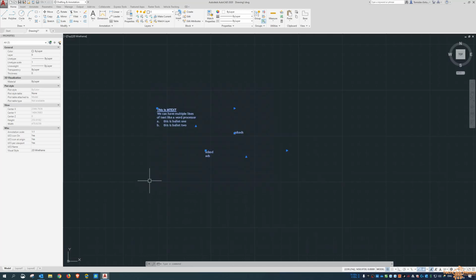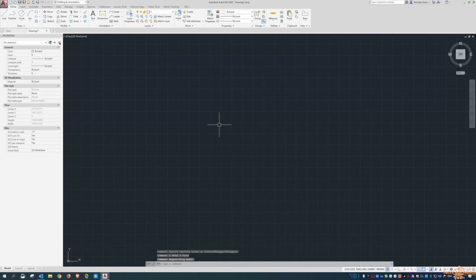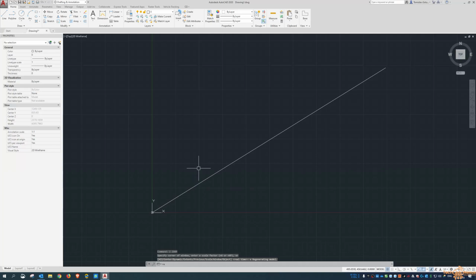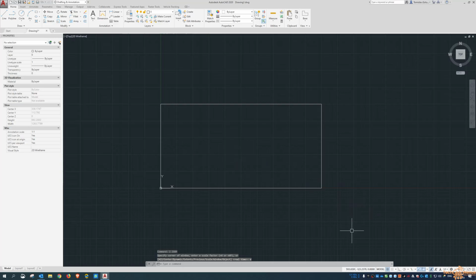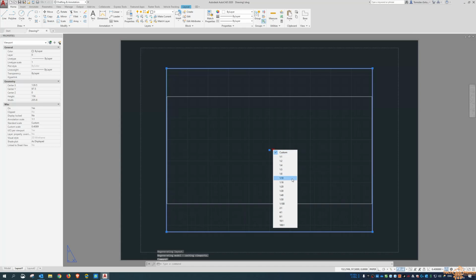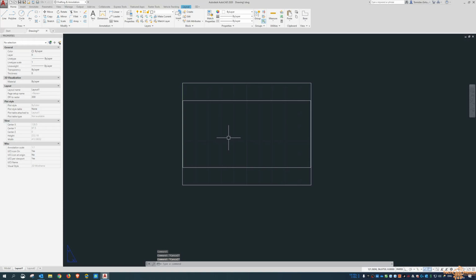Now, this is the other thing as well. So while I remind myself, in paper space and model space, so let's say we draw a line from 0,0, and I'm going to draw a rectangle at 500,250. So let's say this is something in model space. So if I switch to paper space, and then I can adjust the scale of this to be at 1 in 10, but because that's at 1 in 10, if I put text out in paper space,